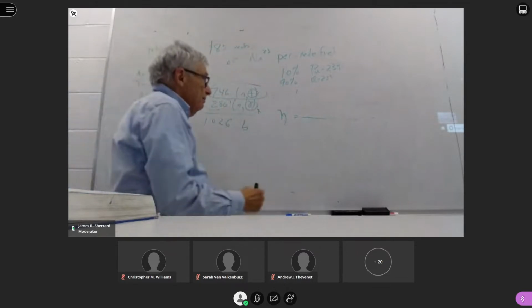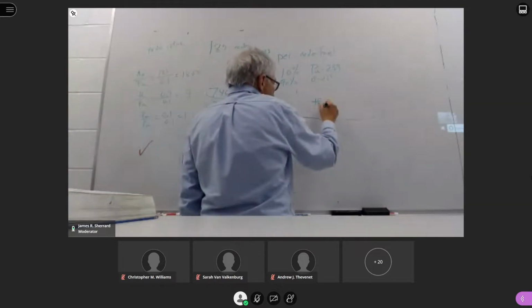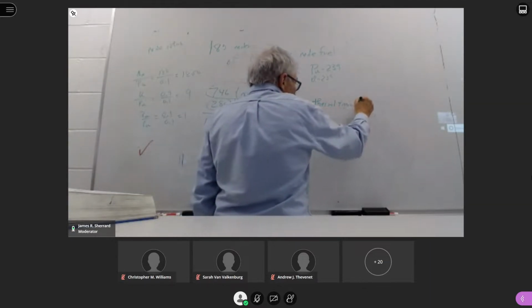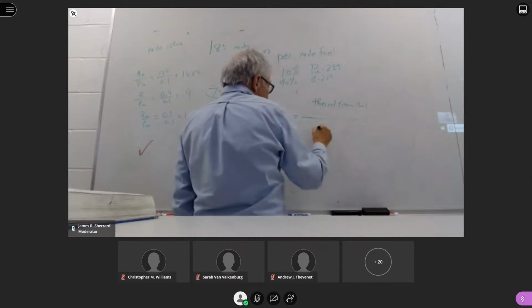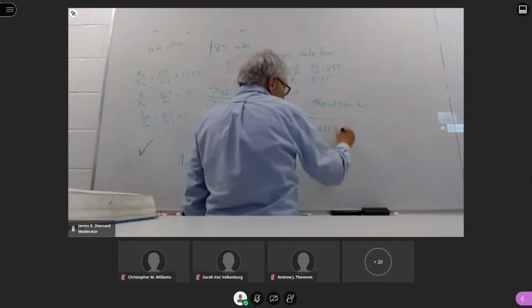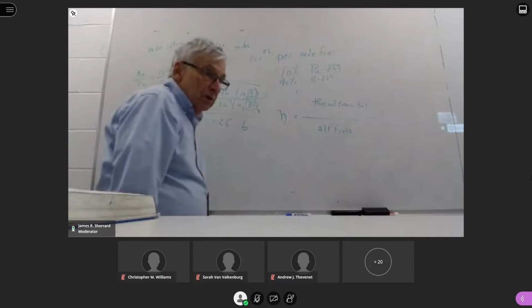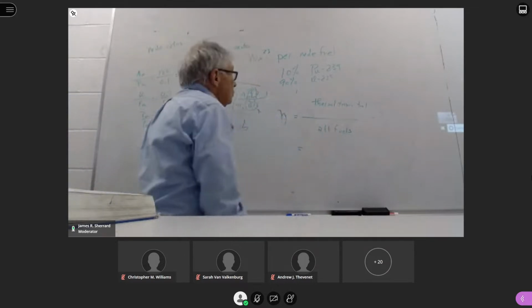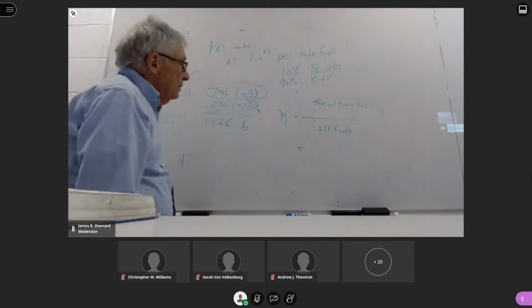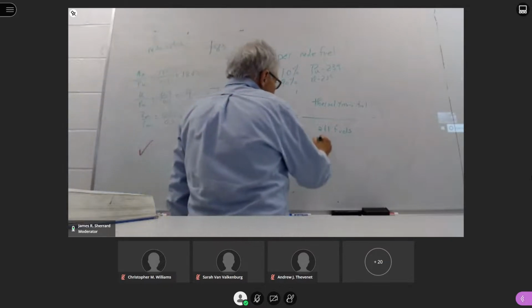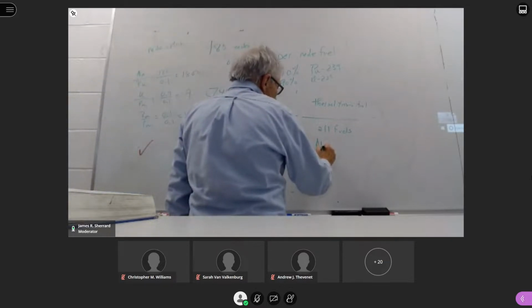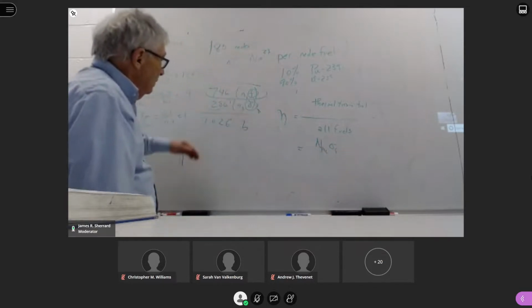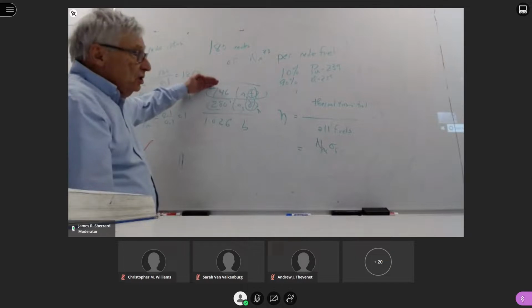And nu looks at thermal fission fuels versus all fuels. So we only have one thermal fissioning fuel, which is plutonium. So that's going to be N plutonium, sigma for fission for plutonium, which is the first part of this, which is going to be this